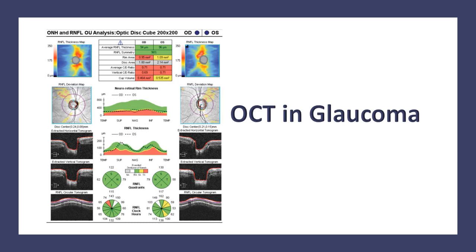Then we have OCT in glaucoma. Also, it is another topic of presentation. I have a complete presentation of OCT in glaucoma, how to read an OCT in glaucoma. But I would like to briefly describe it here. Like we can see here, the OCT in glaucoma, we can have the imaging of the retinal nerve fiber layer and the optic nerve head. We can have these line scans like this, and we can have color coded maps like this and like this. Okay, so we should know how to read them, so that we can see the glaucomatous damage of the optic nerve head.